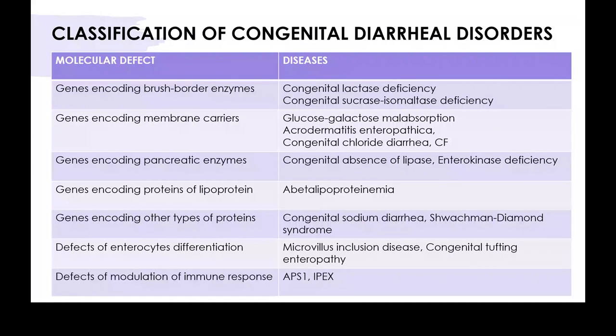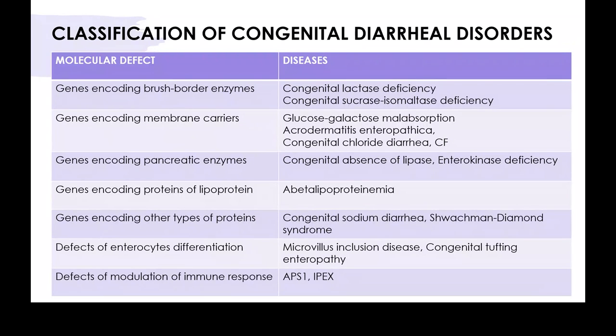This is a big list of conditions which usually present in the first month of age. Those are the conditions which were earlier called congenital enteropathies. Now they have been classified or named as congenital diarrheal disorders. These are all conditions which would give rise to neonatal diarrhea and would present usually within the first month